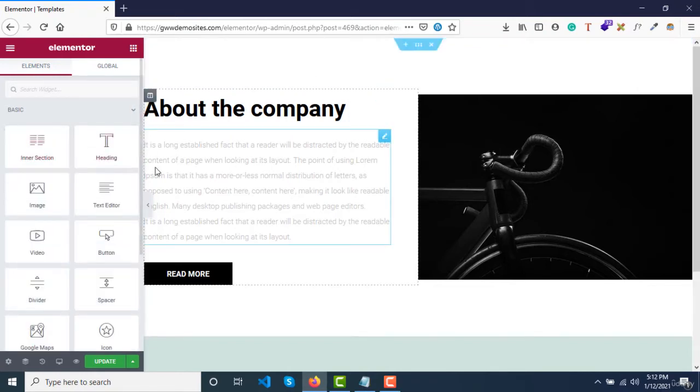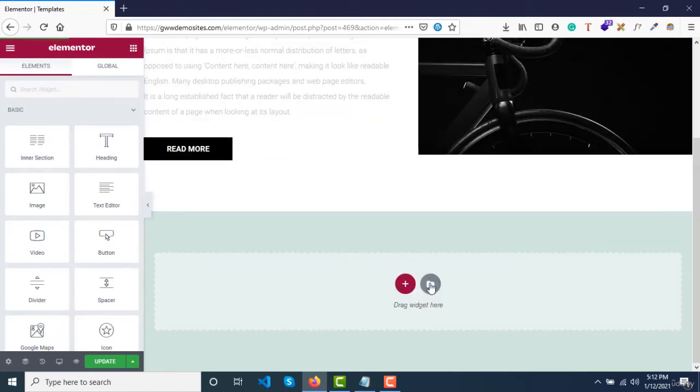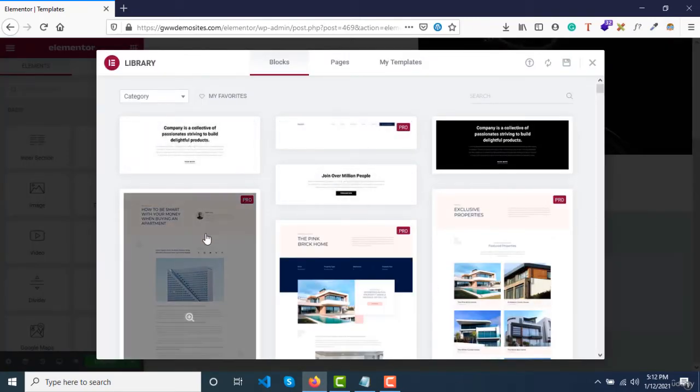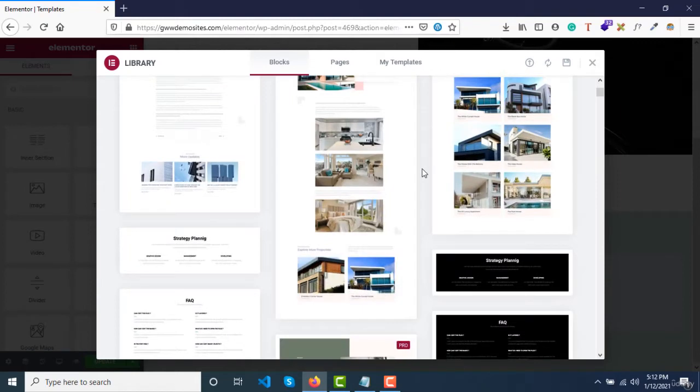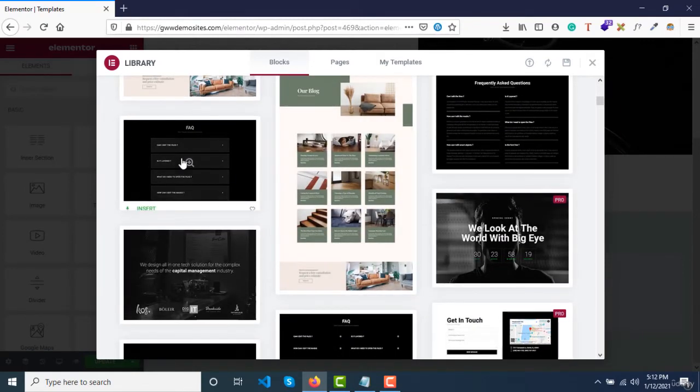But if you are creating it from scratch directly on Elementor, then you can probably just see if the foundational design is available here or not. If there is something that you like, you can simply insert it from here. Let's say here I like this block section, the FAQ section under this block, I'll just insert it.